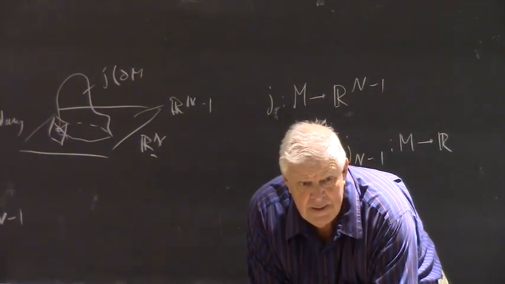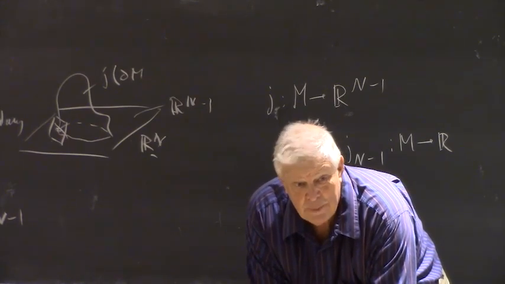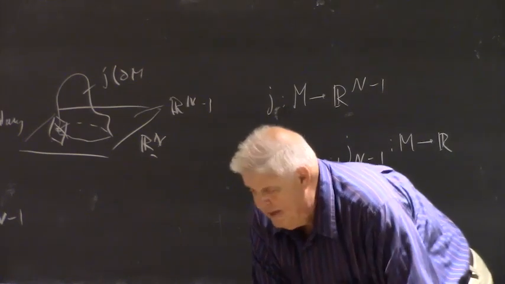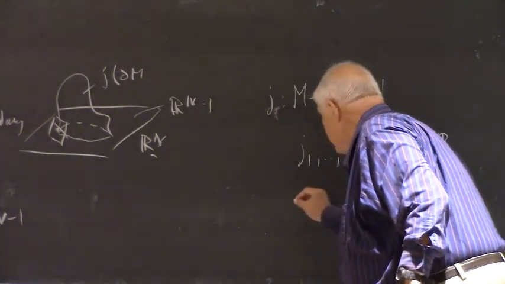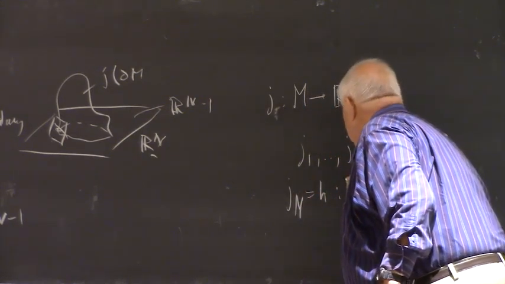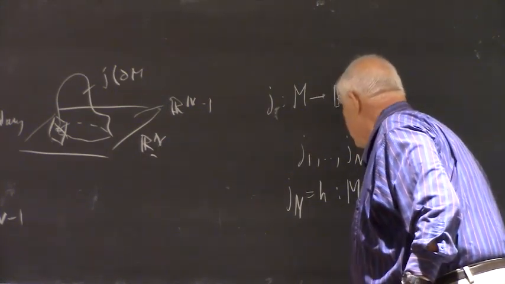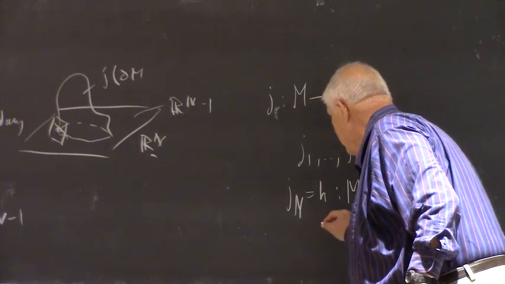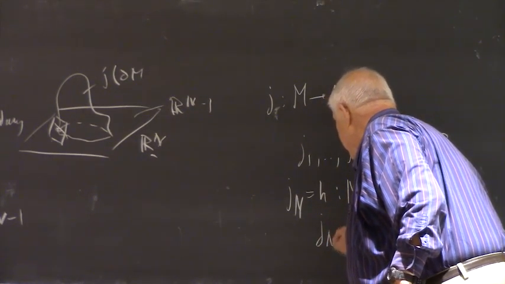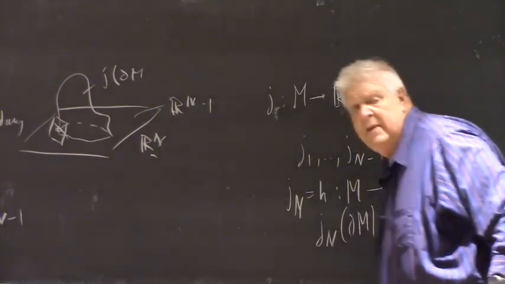Now, if we add some more functions, one or more, it will still be an embedding. And I want to add one more function, J_n, call it h: M into R, such that J_n is 0 on the boundary,